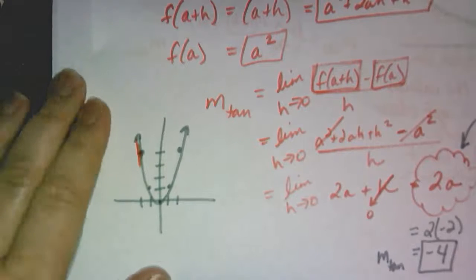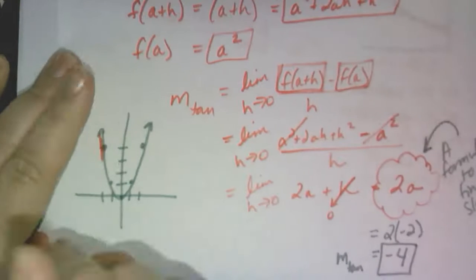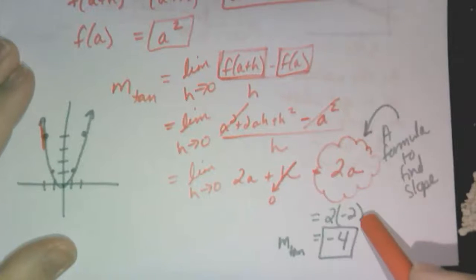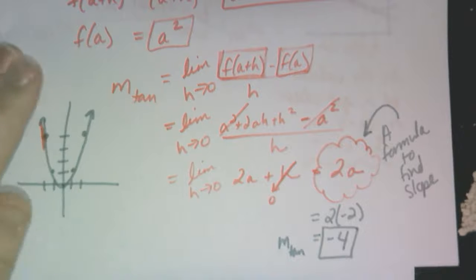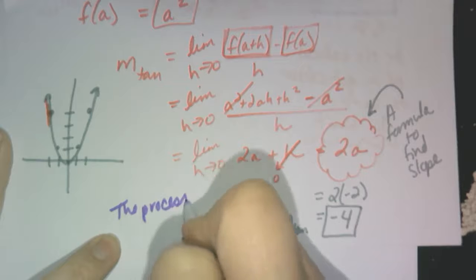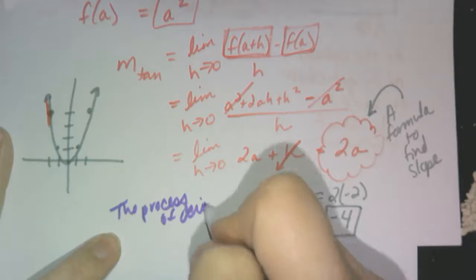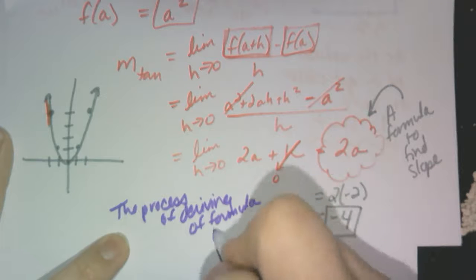Now, what does this mean? What you just found, this process of deriving a formula, let me say that again. This process of deriving a formula is called derivative. We just did a derivative. We're done, guys. The process of deriving, write this down, is called